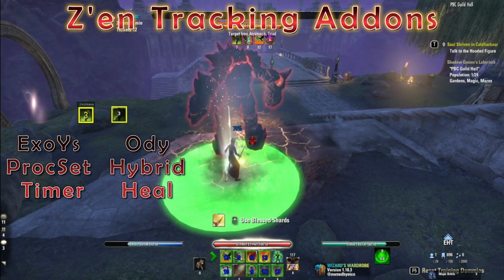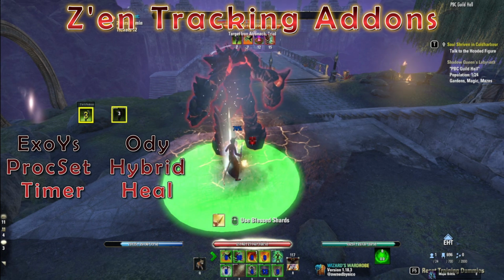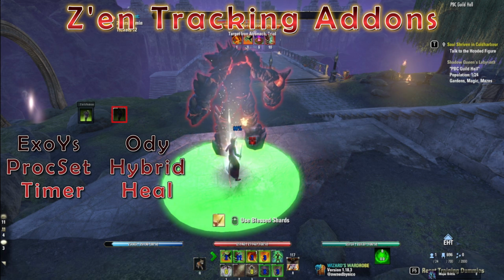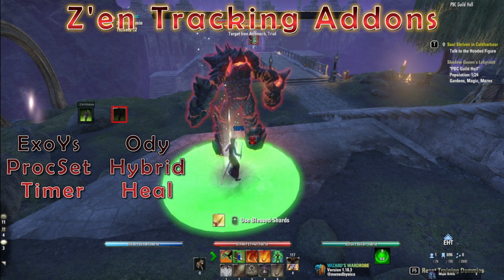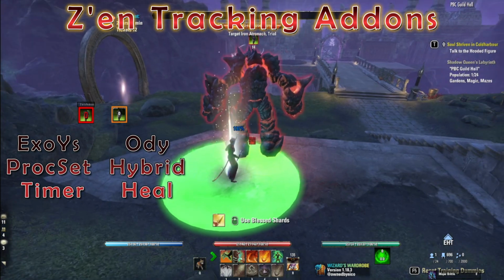That's where the one on the left, if you're confident in your light attack weaving and that you're doing that, go with EOXY's proc set timer. If you're not as confident in your light attack weaving, or you're with a boss that becomes invulnerable frequently, such as the Maja, the Ophidic Shard, you can't apply Zen's Redress until you deal damage with a light attack. So the enemy needs to be vulnerable to take damage from your light attack for you to therefore apply the